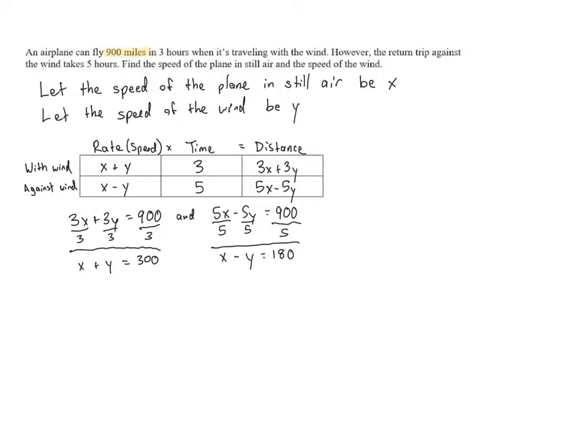So we have a new system of equations, but in this case, x and y don't have any coefficients aside from the invisible 1 or negative 1. So we're less likely to end up with fractions, and we don't have to do any multiplying if we want to do the elimination method. It's just nicer. So take a look out, because in a lot of these problems, all of the terms in an equation are divisible by the same number,